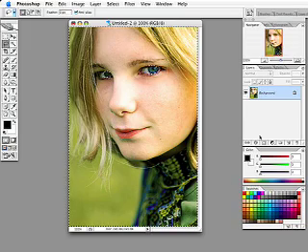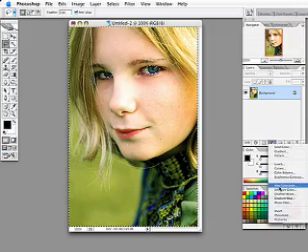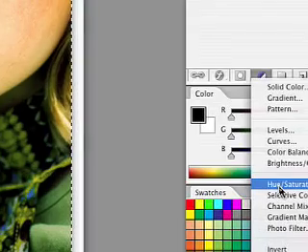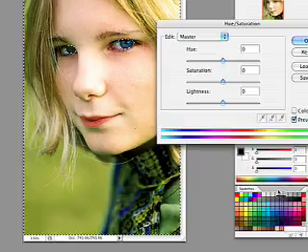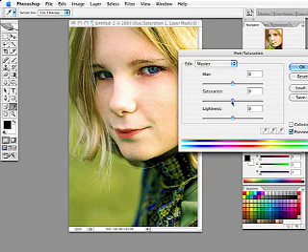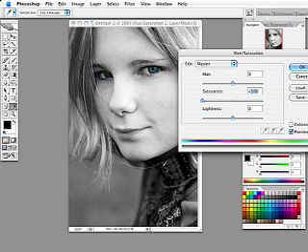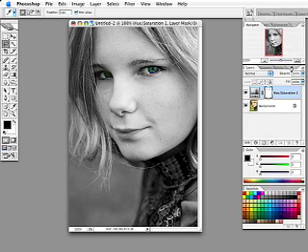of her eyes. So now I'm going to come down to the adjustment layer icon and choose Hue and Saturation. In the Hue and Saturation dialog box, I'm simply going to drag the saturation slider all the way to the left to desaturate it. And I'm going to push the lightness down as well, maybe to about -5. And click OK. So now all I have is a black and white portrait with the blues of her eyes